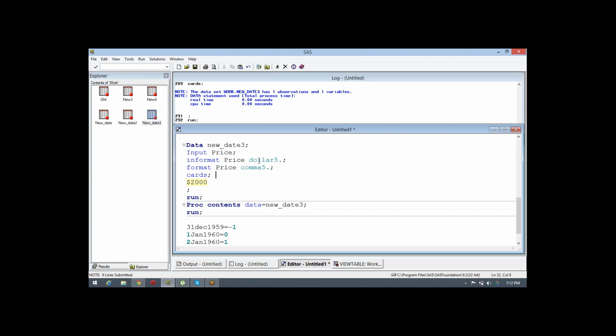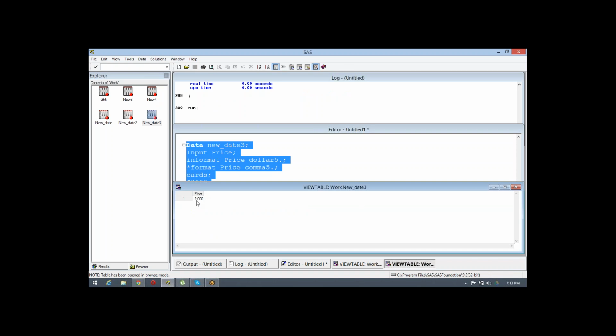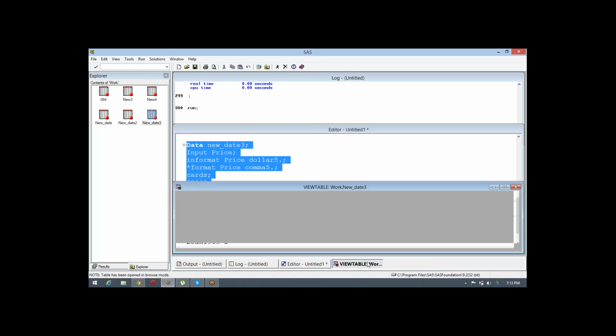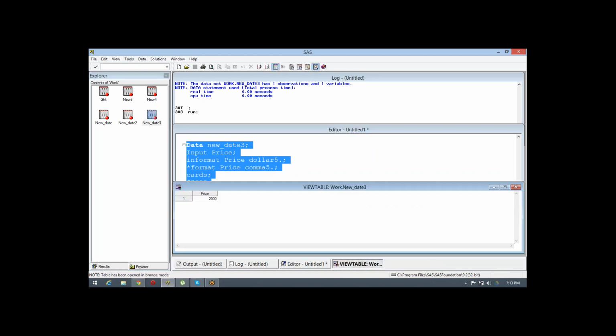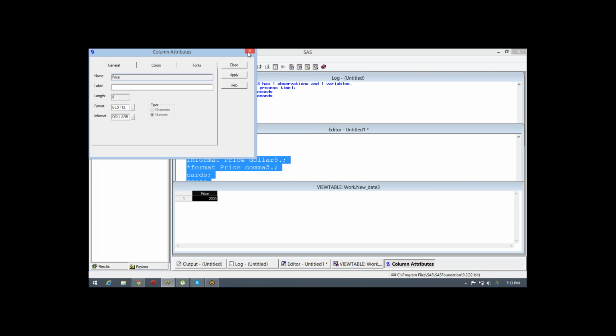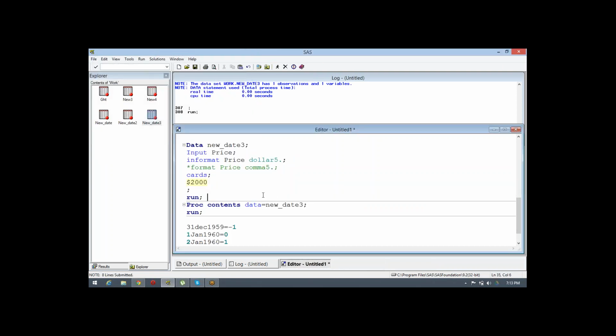So if I apply a dollar over here, you will be getting only the value 2000. The data set is uploaded. So we got 2000, correct? It means we just ignore that particular symbol which was on the left hand side.